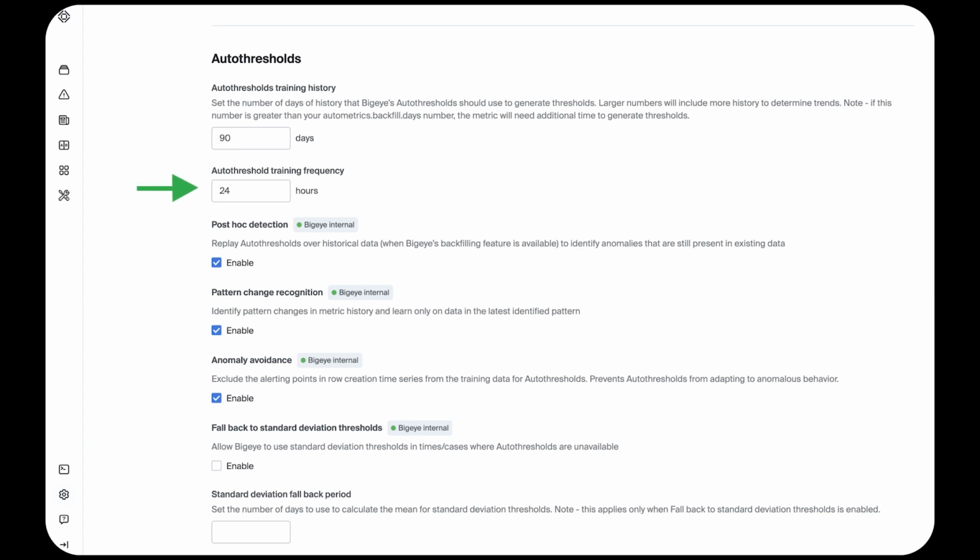The training frequency determines how often the models will adjust based on new data. And post hoc detection allows for the replay of auto thresholds over historical data to identify anomalies that are still present. There are many other advanced settings that can be configured with regard to auto thresholds.